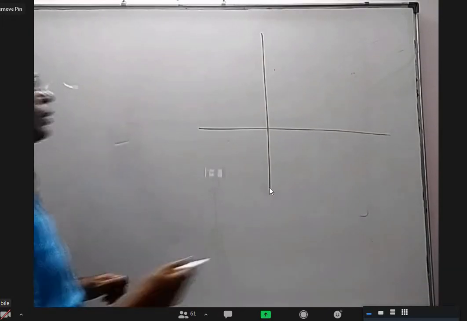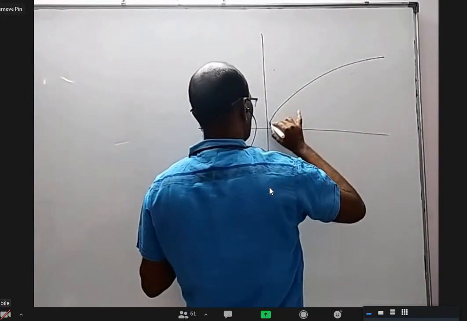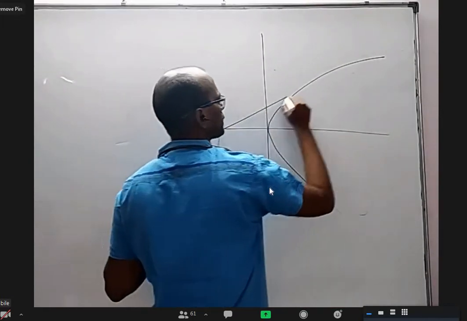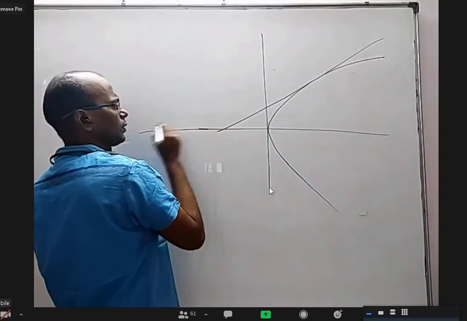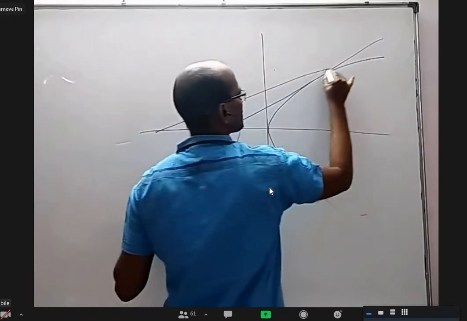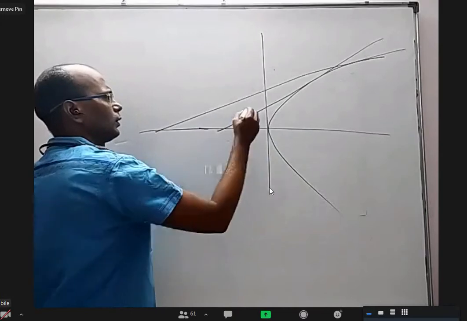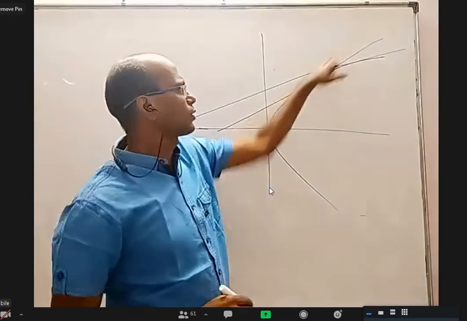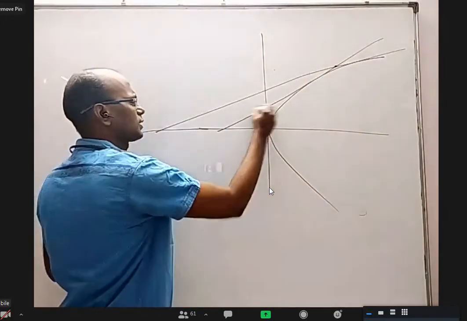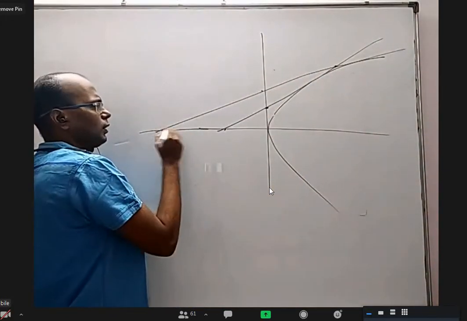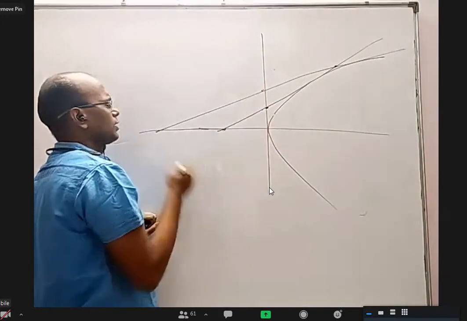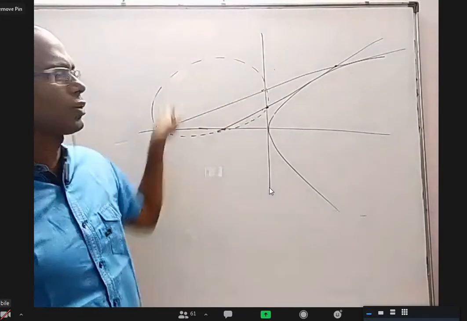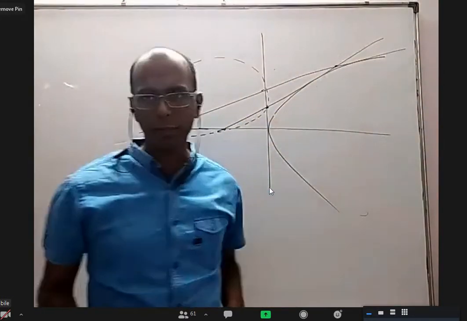Okay. So I have a parabola. Maybe I can take one tangent like this, and I can draw another tangent like this. Okay, this is the point. You can see this point is outside the parabola. I have drawn two tangents. One is intersecting here, one is intersecting here. These 4 points may not lie on a circle, but sometimes it will happen that these 4 points are concyclic. What is the locus of this point?